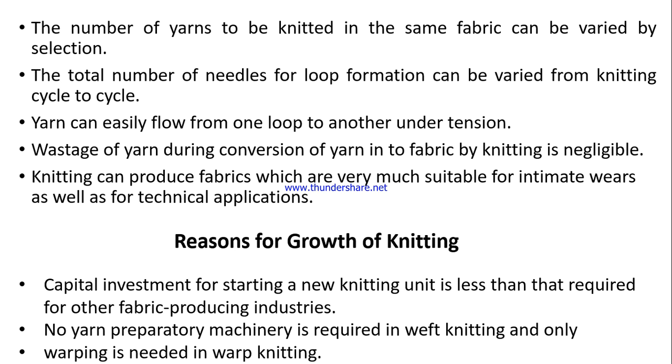Technical textile products are high performance product, you know. They should be much stronger. They should resist much load, much harsh environment. So all those can be prepared by the knitting machine. So knitted products may be very soft product or very tough product. So that kind of design diversification is only possible by the knitting technology.